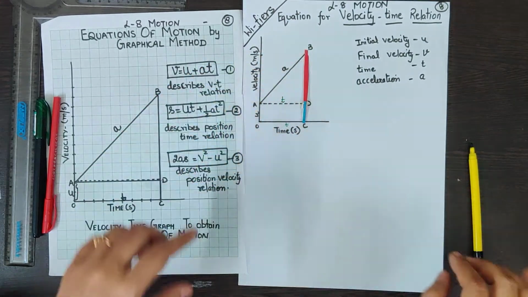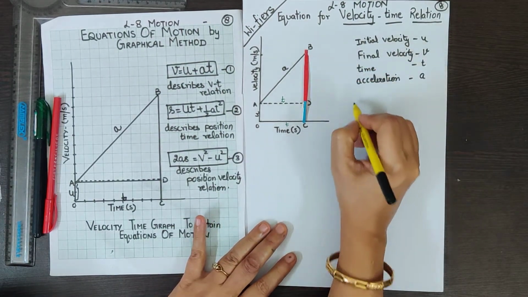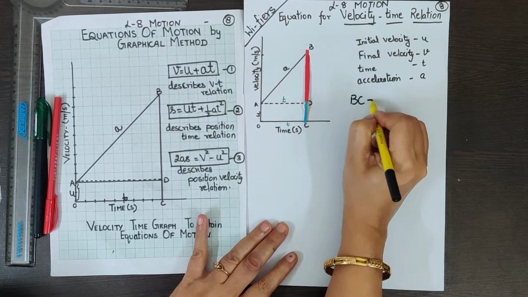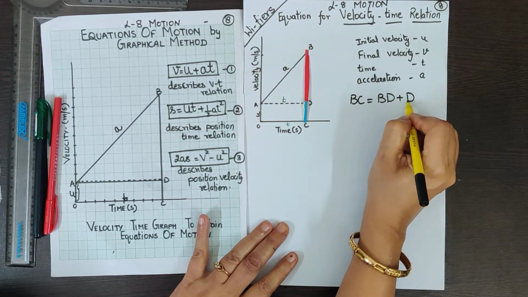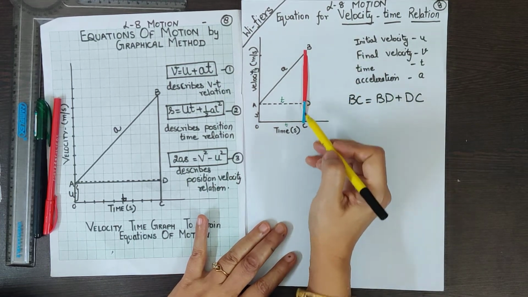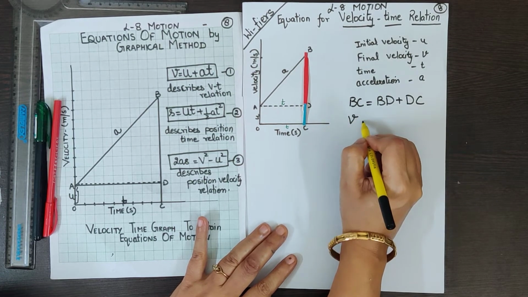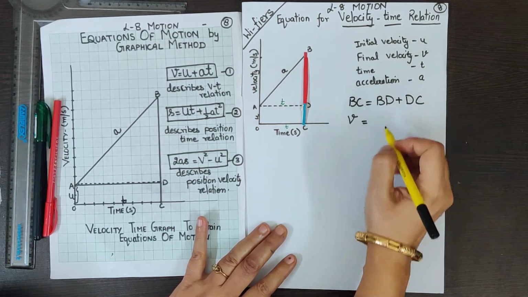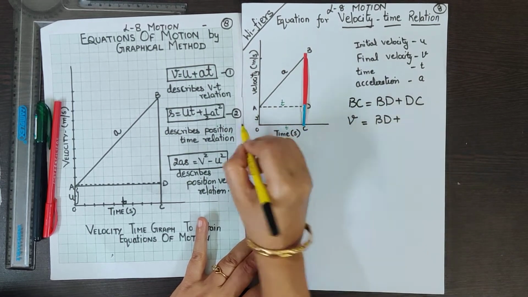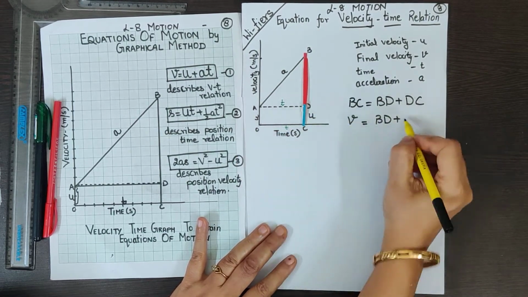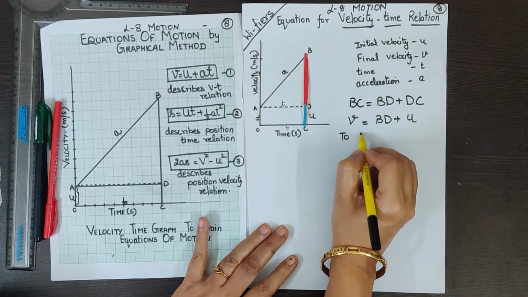See, the line has been divided into two parts. Here you can see that BC is equal to BD plus DC. Okay children, I have shown it with different colors, but BC is the final velocity V, and BD I have to calculate here, BD plus DC. DC, as you know, is parallel to OA, so this is U. Right children? To find BD,